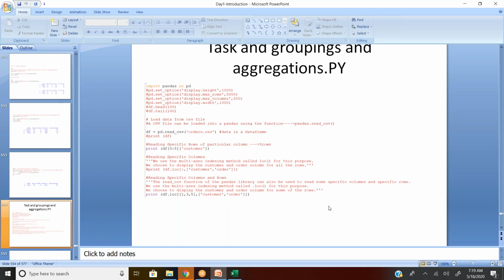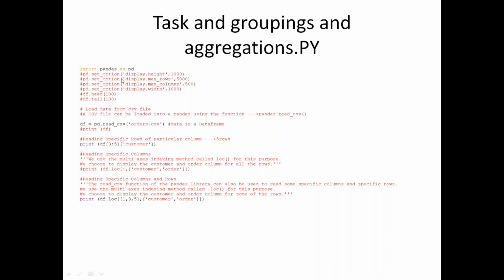Now, when you come to pandas, you have an option to restrict the number of columns and rows to be displayed, height and width. You optionally have an option to maintain this when you're working with millions of data. For example, pd.set_option display height 1000 rows, which is the height of your window. And pd.set_option display max rows 5000. When you open your Gmail, you have an option to limit 50 mails on the first page and another 50 mails on the second page. So you have an option to maintain a limit.